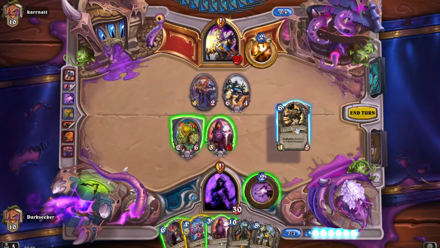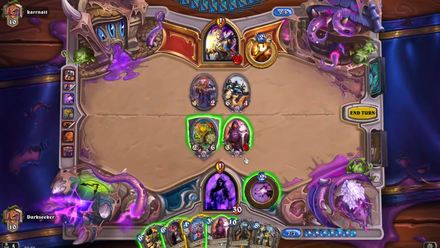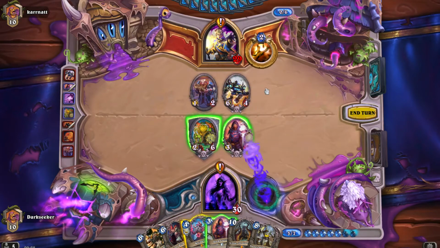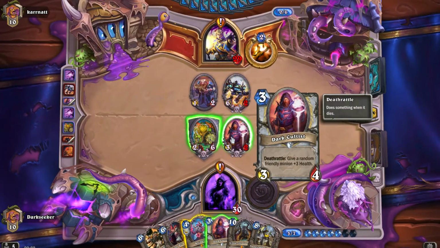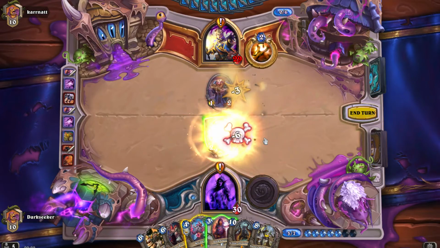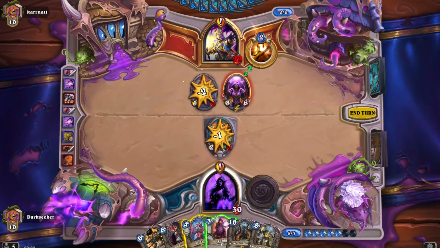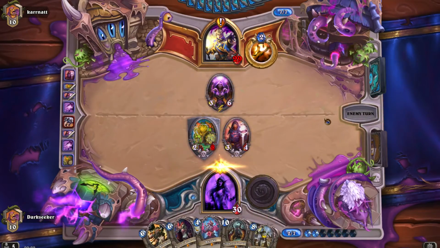I'm thinking of Cairne. I keep hovering over Cairne, but now I'm thinking I just hero power that down and trade. Because if I don't kill that, it will kill my taunt. It gets a value trade on my taunt, which is terrible. So we can't allow that. Do you know the secret handshake? Alright. I guess that could be worse, right? I mean, it's a 3/6, but...